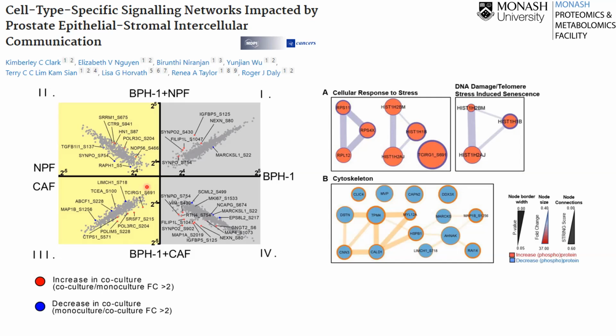And one of the analyses that we can do with mass spectrometry is looking at cellular processes, for example, which process is actually increased in which cell type, and by doing this type of analysis,